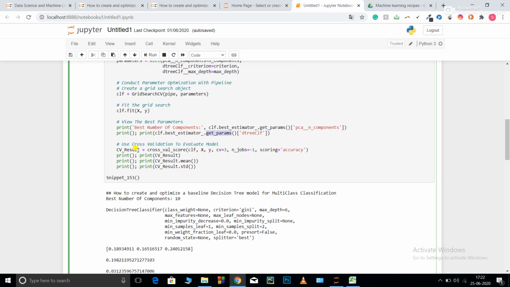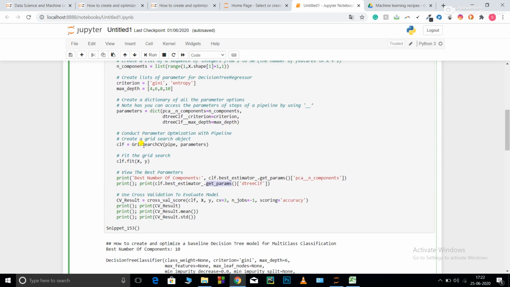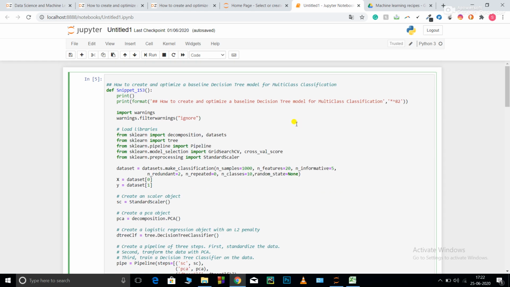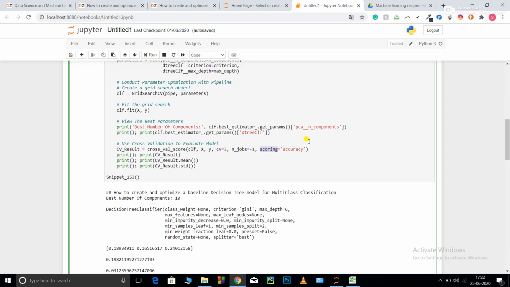Now CV. So I'm also performing cross validation. I could have also used cross validation along with grid search CV, but here I want to show how to perform cross validation alone. So I'm defining a function cross validation, then x and y. CV is equal to 3, that is I want to perform 3 cross validations. n_jobs is equal to -1, that is do all the possible parallel computations. Scoring measure is accuracy, basically it is used for a classification problem. If I had been doing a regression problem, I could have used mean squared error.